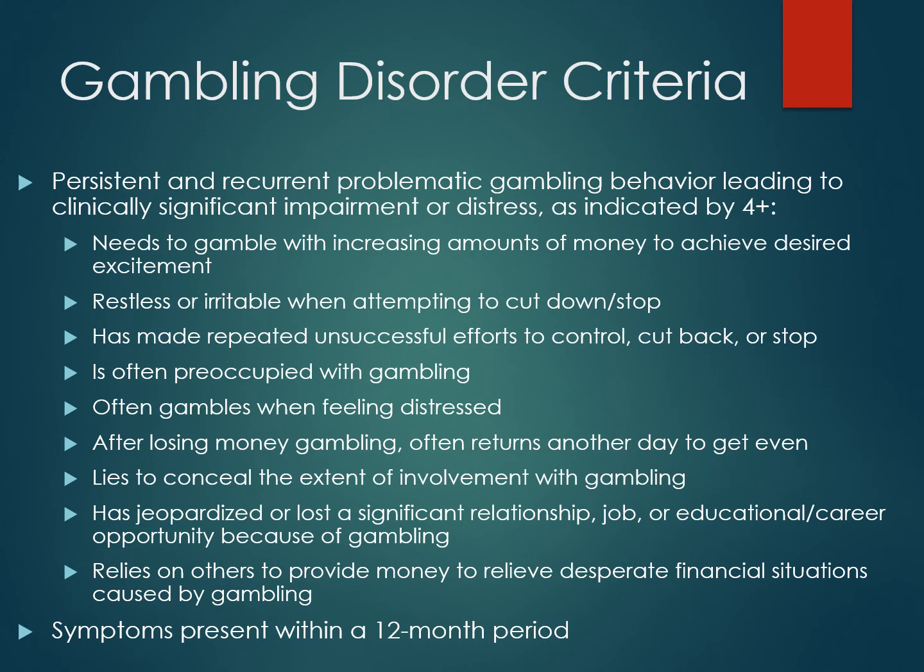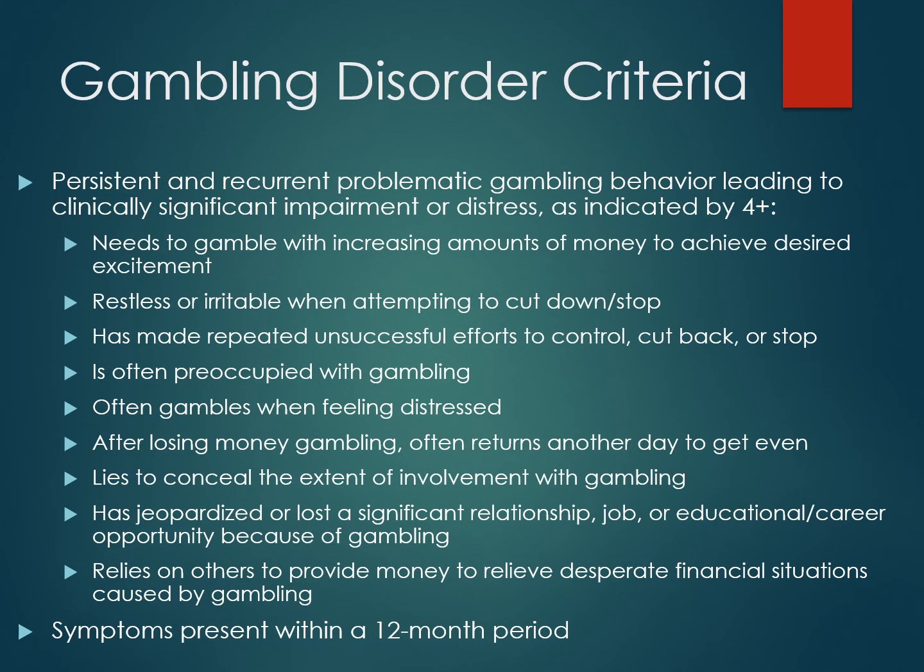The seventh symptom is that the person will lie to conceal their gambling behavior. So a man might tell his wife he's going out with friends or working, and instead he goes gambling. Or he might make up excuses for where the family's lost money went. The eighth criterion is that the individual has jeopardized or lost an interpersonal relationship, a job, or a career opportunity because of their gambling. So examples here could be that his wife or partner left him because of his gambling behavior, or he was fired from work because he was gambling while he should have been working.